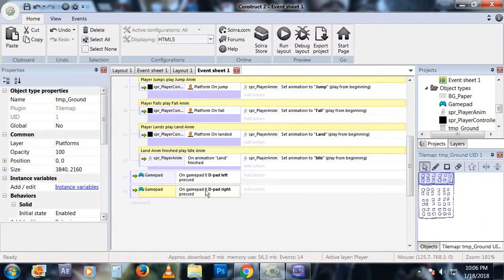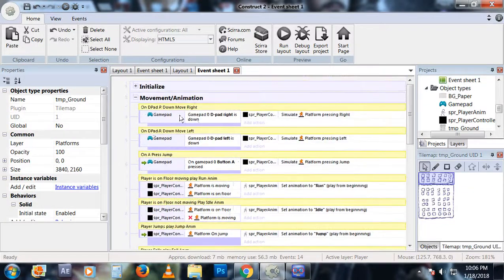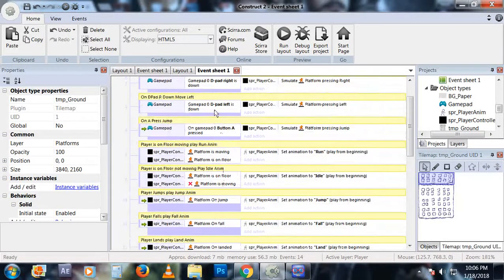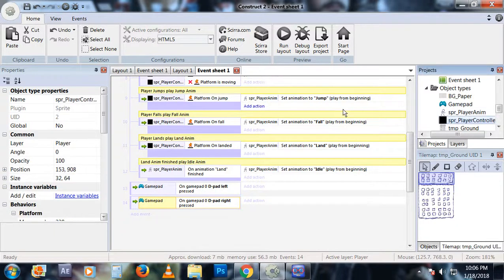So the cool thing about this is, say you wanted to add a ducking animation. I don't have one. What you could do is, on D-pad down, set animation to duck, and at the same time have it change the height of this player controller, so it changes the hitbox to a shorter height, and then on released, have it return the hitbox to the proper height, and also